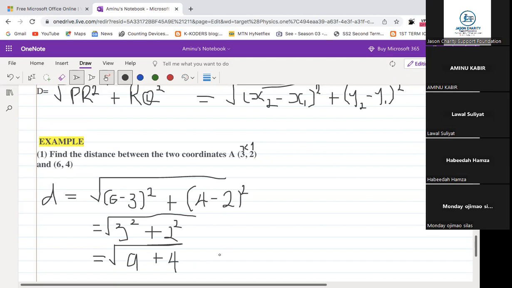So this will give us the square root of 9 plus 4, which gives us 13. So if we find the square root of 13, we're going to get